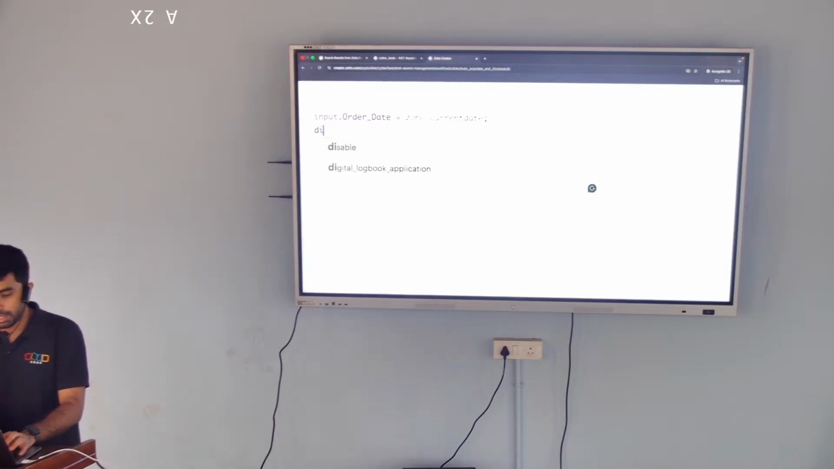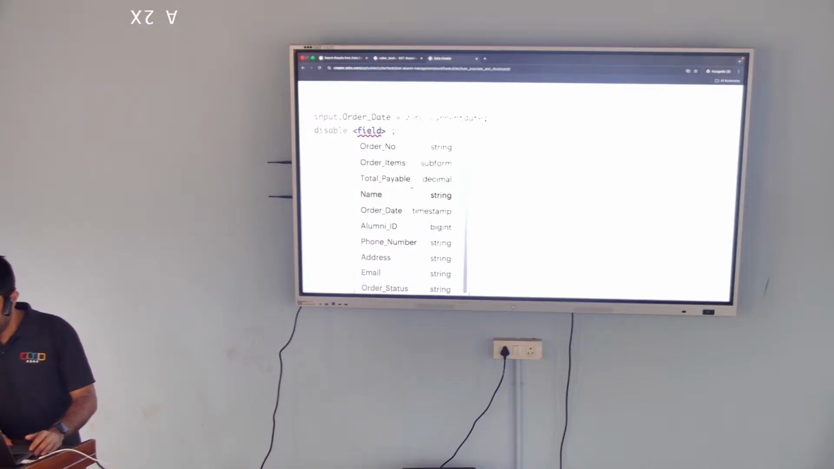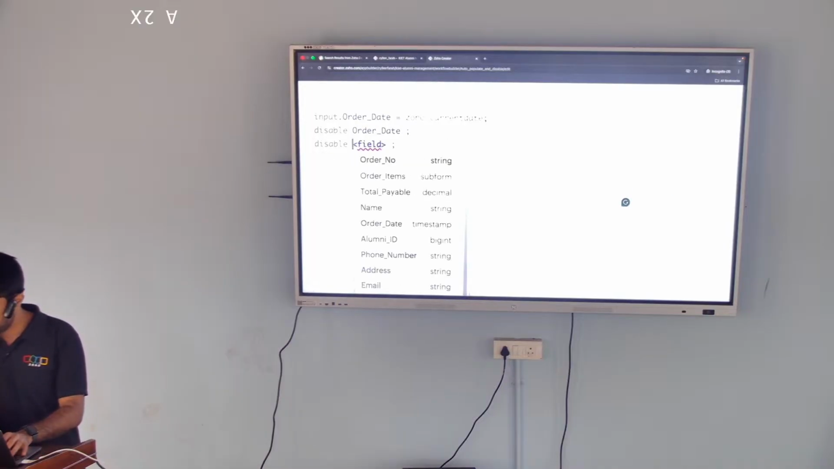Now we'll disable a couple of fields. So when you just type disable, press enter and all your fields will be shown. So what all fields do we need to disable? Disable order date, because it's the current date and we don't want anyone to change it. Second is